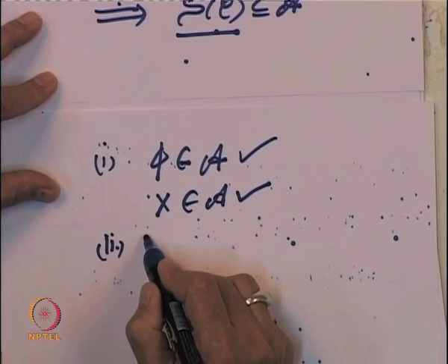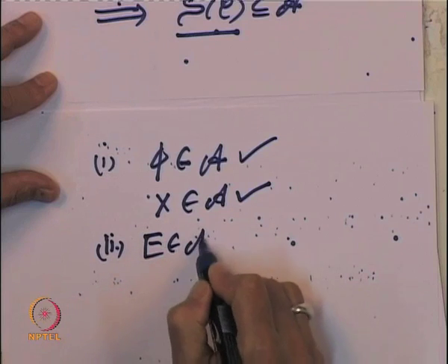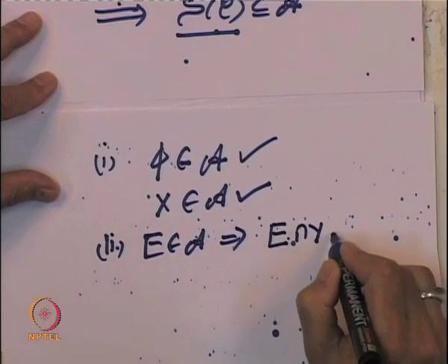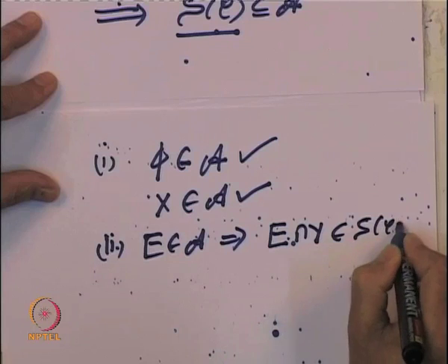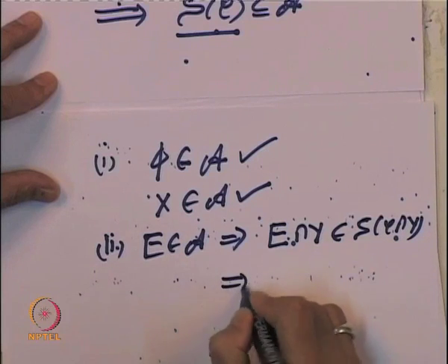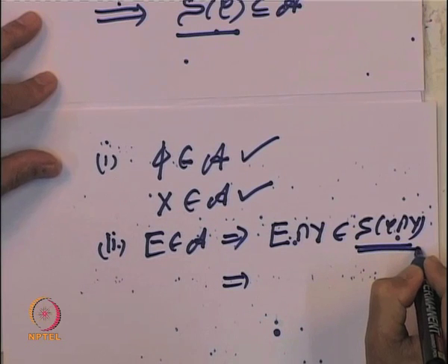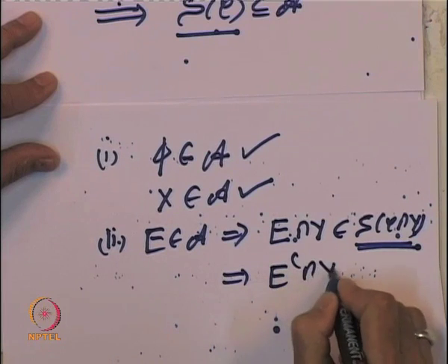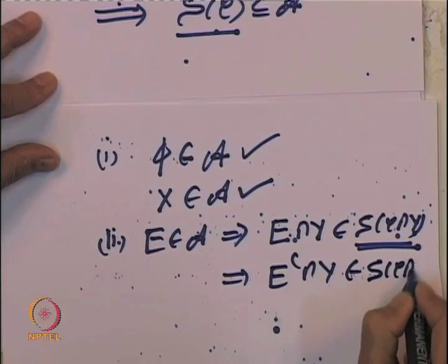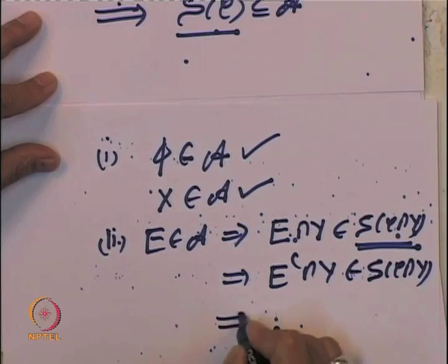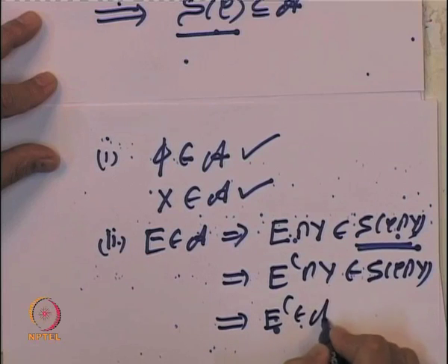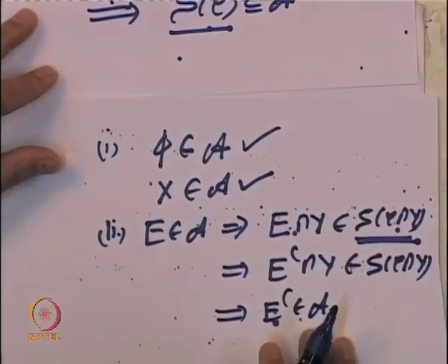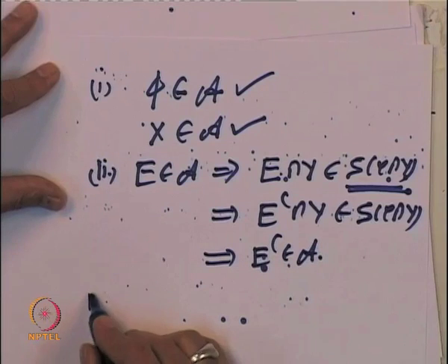Second property, let us take a set E which belongs to A. So, what does that imply? E intersection Y belongs to S of C intersection Y. But this is a sigma algebra, so it must be closed under complements in Y. So, that means E complement intersection Y also belongs to S of C intersection Y, and that implies that E complement belongs to A. So, the collection A is closed under complements,